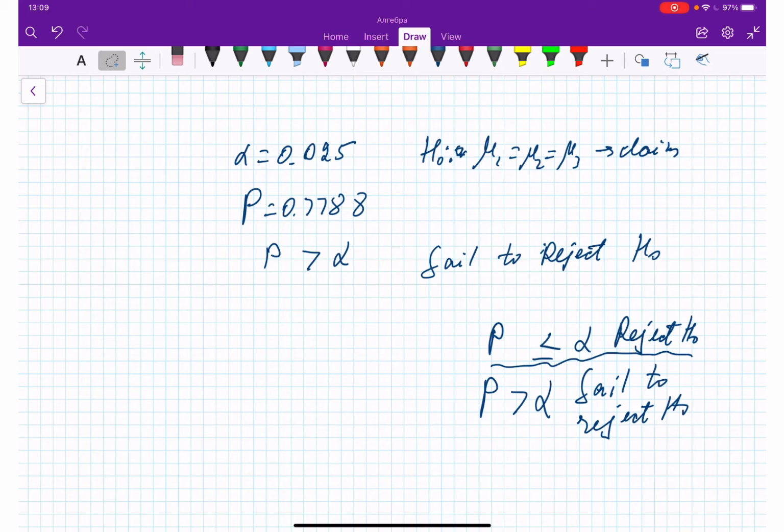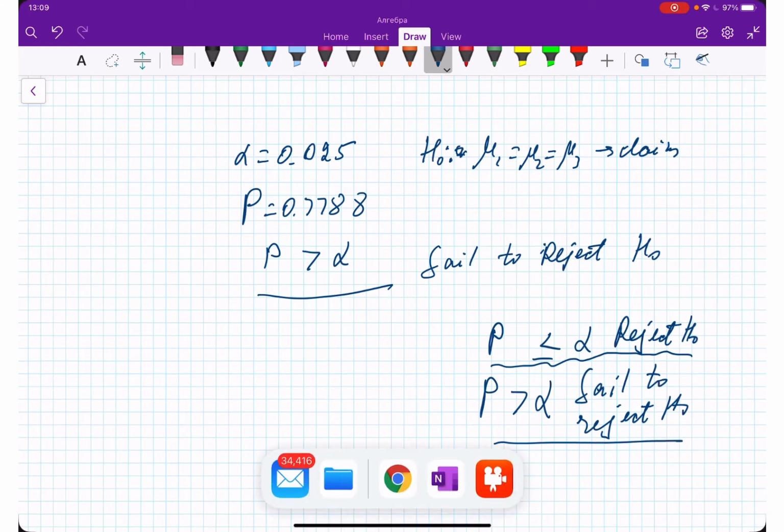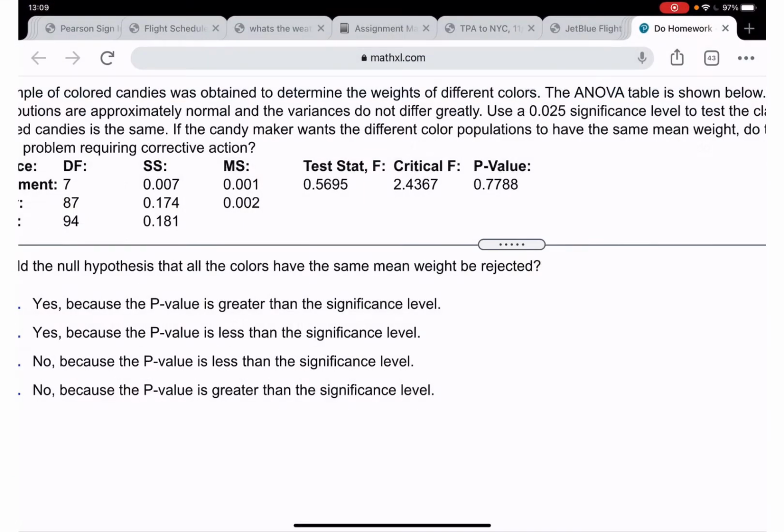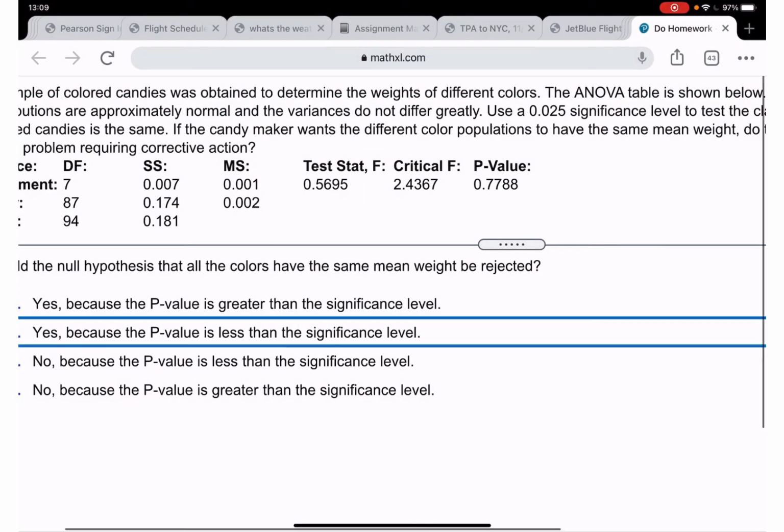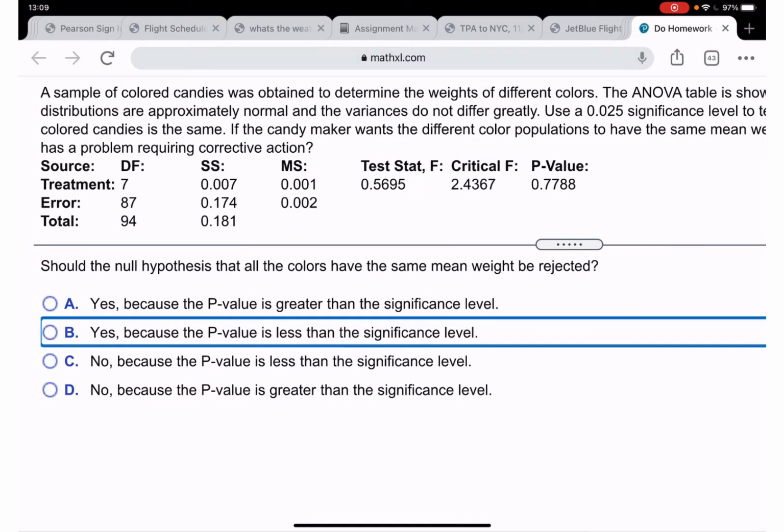So p-value is greater than alpha. We fail to reject null hypothesis. So if we are rejecting our claim, that means we are going to say no. So it's going to be either C or D. Which one? We chose failed to reject, because p-value was greater than